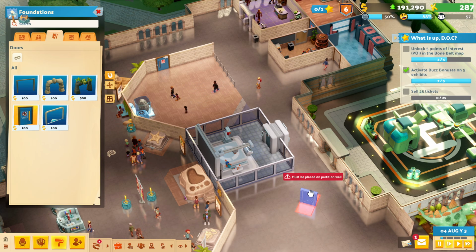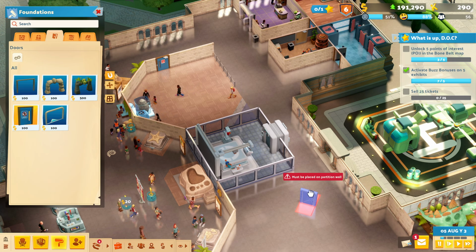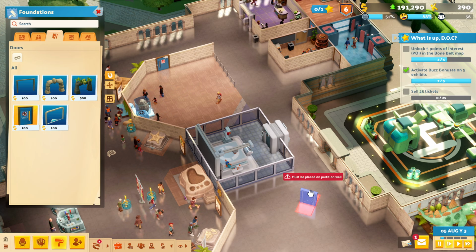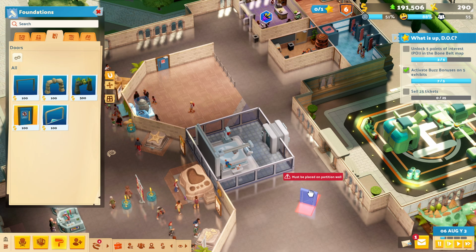So this is how we progress the game then, basically. So, to get our first star, we need to unlock 5 points of interest in the Bone Belt map. Get off your phone! We've already got...